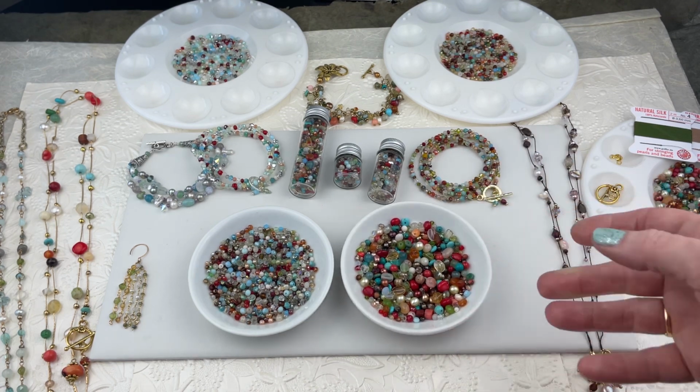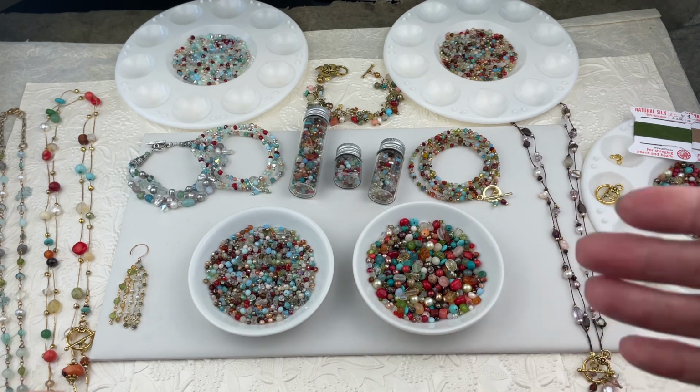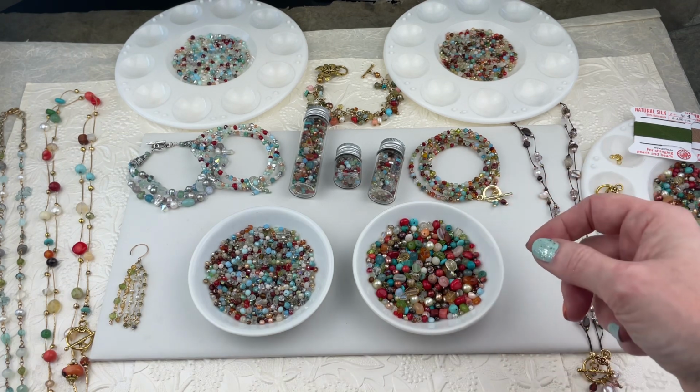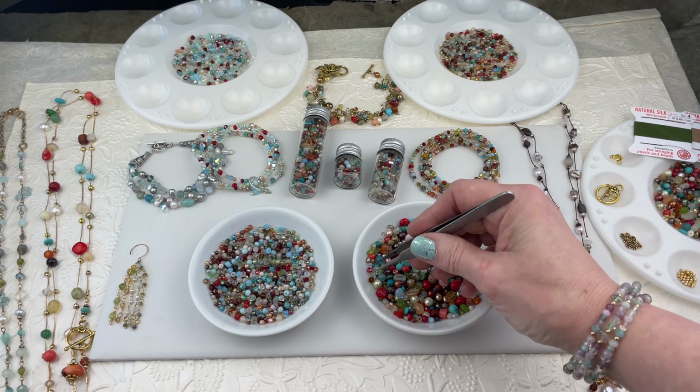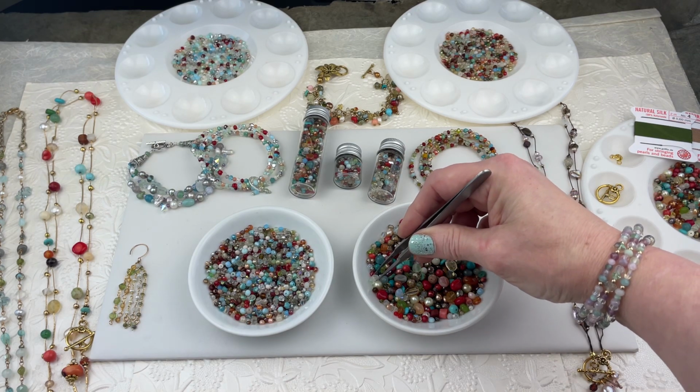And the great thing about this palette is, of course, I've had it forever. And so when I'm digging through it, there's so many great gemstones and things in there that I haven't seen in forever. Just gorgeous pieces. I have a tweezer here. We don't need to go through all of them, but this is not a crystal, right? That's just insanely